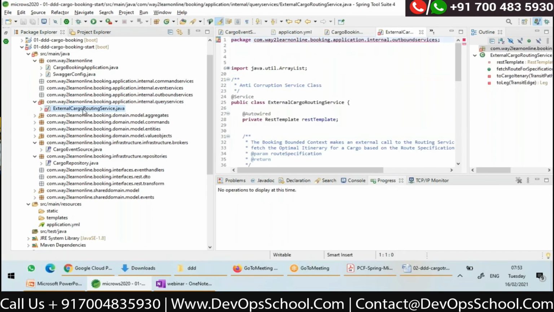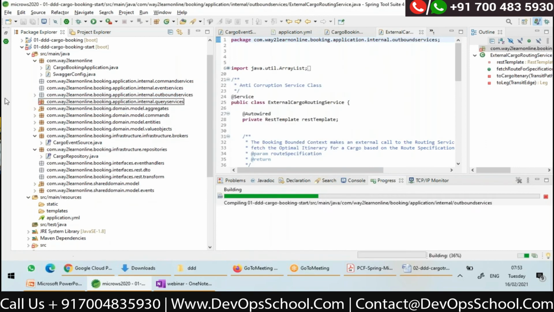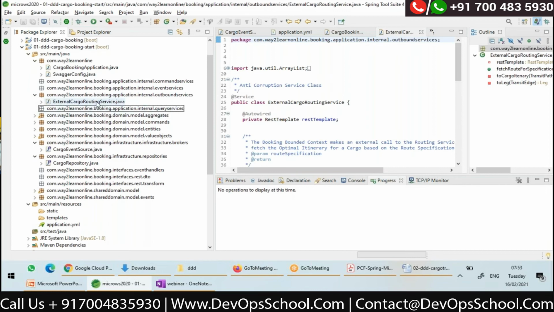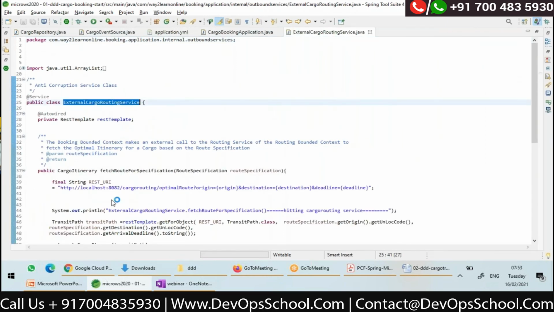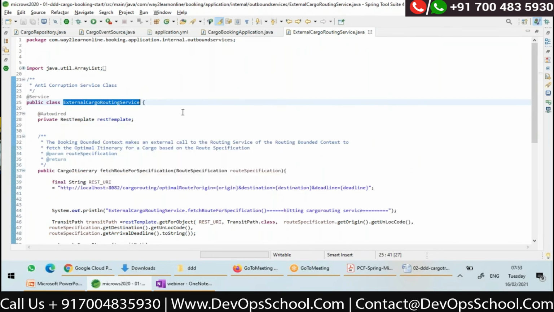Sorry, it has to be pasted in outbound services. Here is an outbound service. You can see external cargo routing service. This is a class which will make an outbound call.